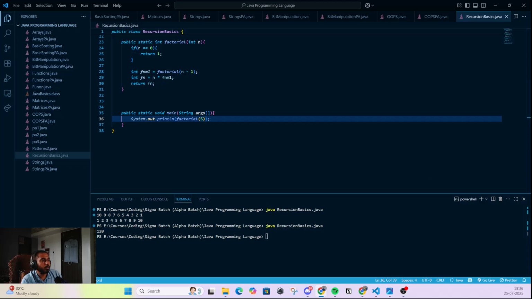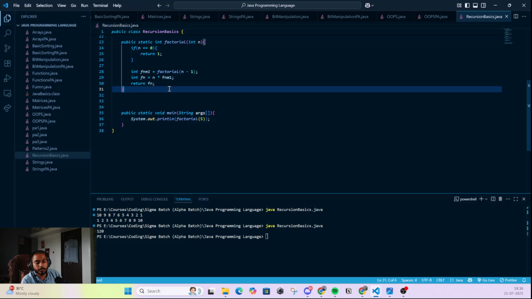Okay, so moving on to the next question, which is printing the sum of the first n natural numbers.